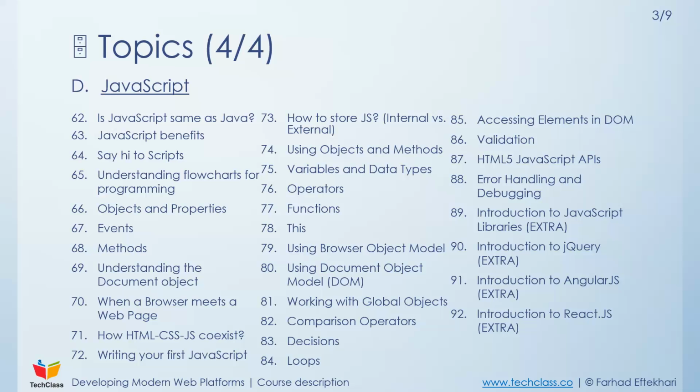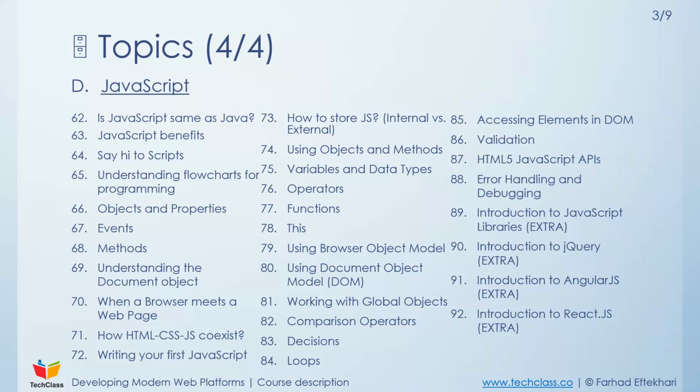We're gonna get familiar with the scripts, understanding flowcharts for programming, objects and properties, events, methods, understanding document object model or DOM. When a browser meets a web page, what happens, what are the steps that a browser takes to render a page, and how HTML, CSS, JavaScript coexist together, writing our very first JavaScript code as well,